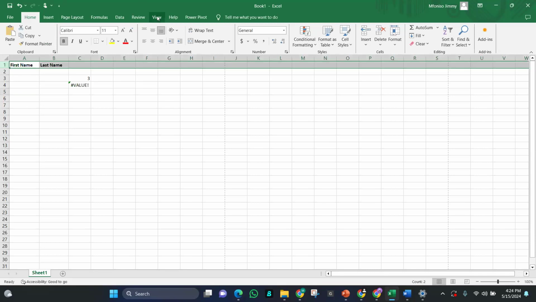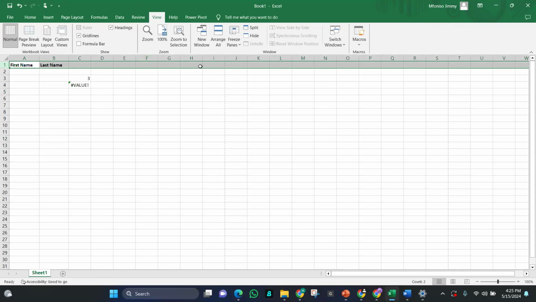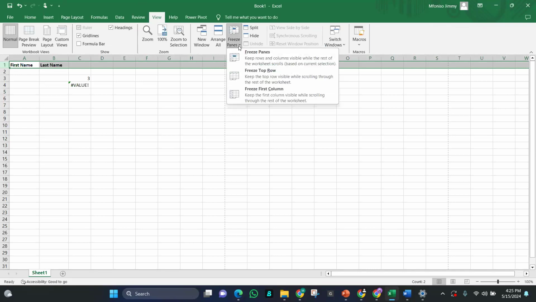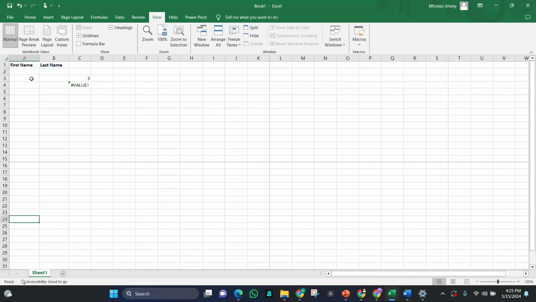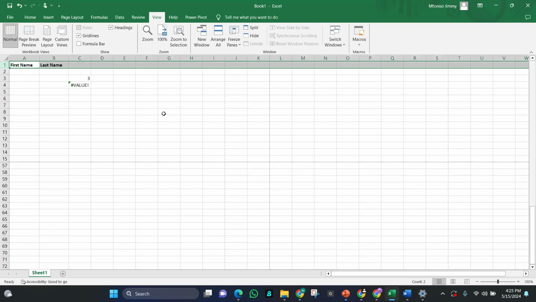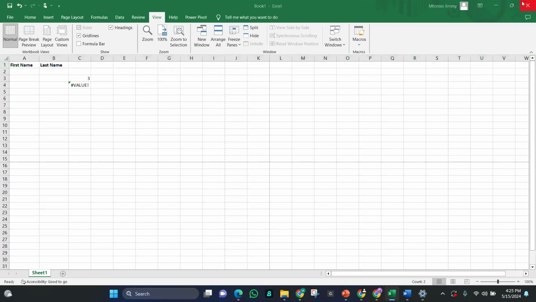So if I come to freeze pane, freeze top row, freeze first column. I want to freeze this pane. That is, even when I move down, so even when I move down,